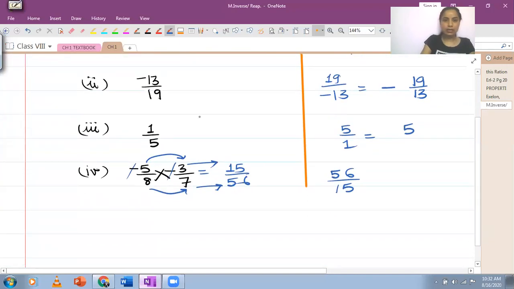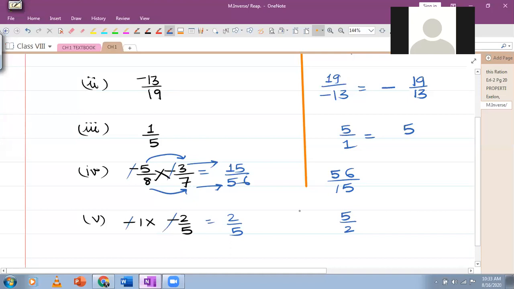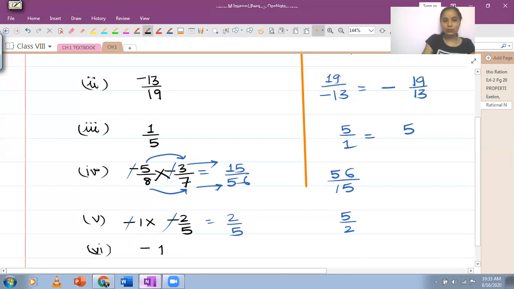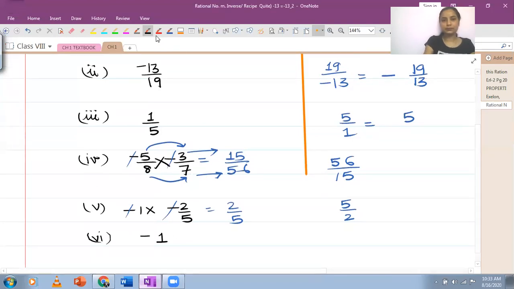Let's do the next part. Fifth part, we have minus 1 multiplied by minus 2 by 5. This will be 2 by 5. And the reciprocal will be 5 by 2. And then sixth part, we have minus 1. This actually is minus 1 over 1. So this will be 1 over minus 1, the reciprocal, which actually is